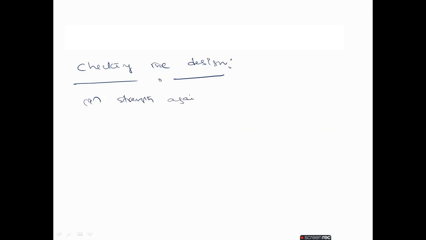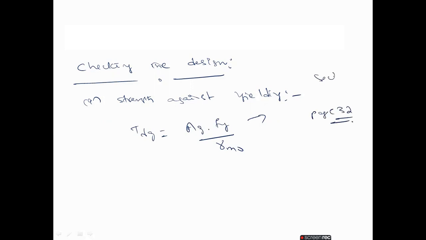In the previous classes we did this one, the design tensile strength of a plate. The same procedure we are adopting here while designing a tension member. The formula is Td = Ag fy / gamma m0. This is available on page number 32, under Section 6 in the IS 800:2007 code book. Ag we know already, 1336, fy is 250, gamma m0 is 1.1. This value is 303636 Newtons.